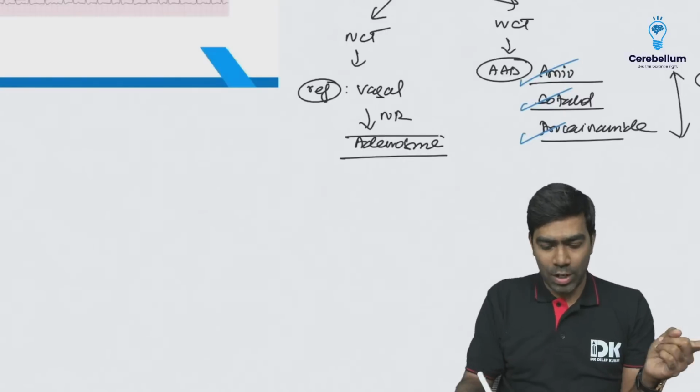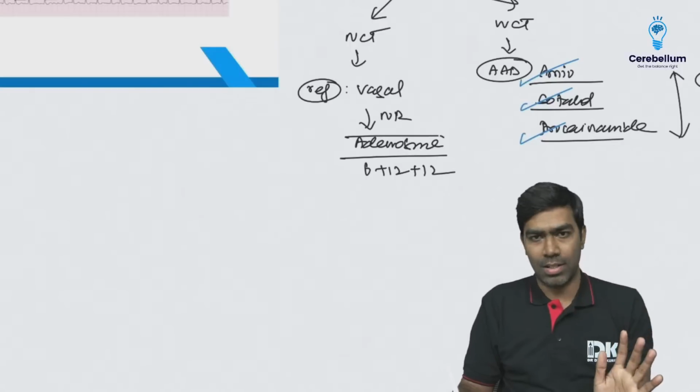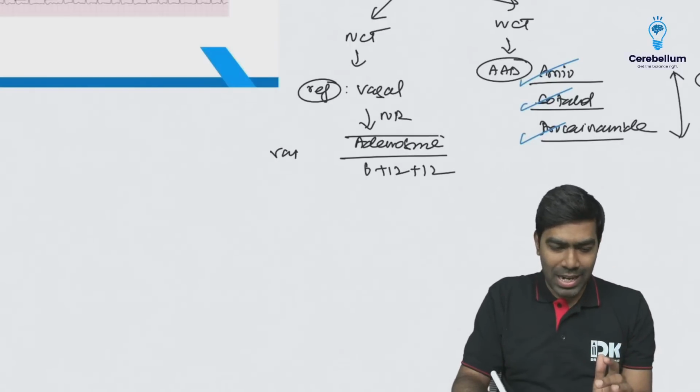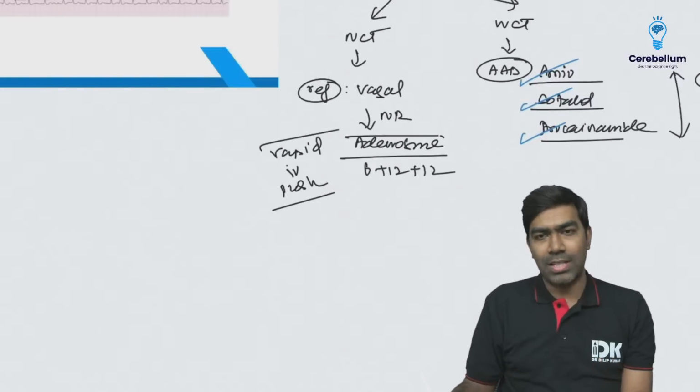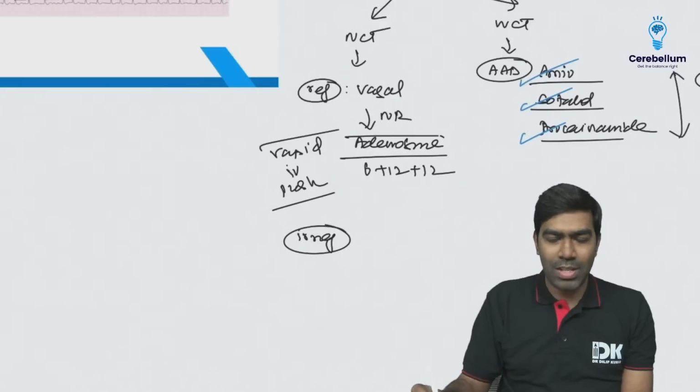So you know what is the dose of adenosine? 6 plus 12 plus 12, and the duration of action of adenosine is hardly 10 seconds. So you have to give adenosine by a rapid IV push. So you have to augment with the saline bolus. That's very important. The first dose they will ask you in exam is